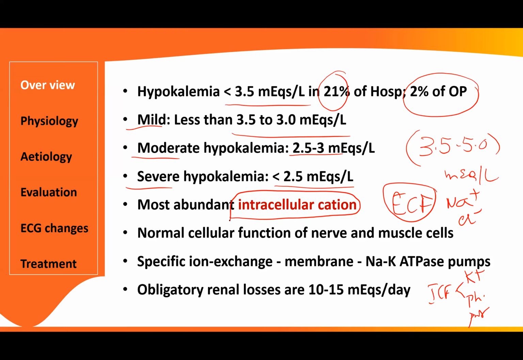So much so, disorders like hypokalemia or hyperkalemia end up in conduction disturbances related to the nerves, the heart, the skeletal muscles, the smooth muscles, and of course the nervous system. There is a typical pump to exchange sodium and potassium. This is called sodium potassium ATPase. This ATPase is there in most of the cell membranes, most pronounced in the distal convoluted tubule and in the collecting ducts of the renal system.